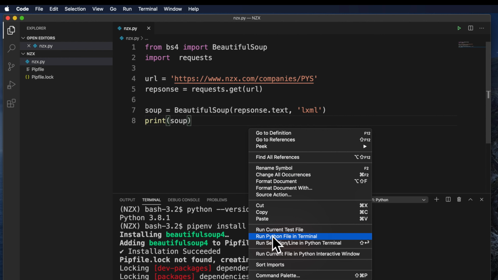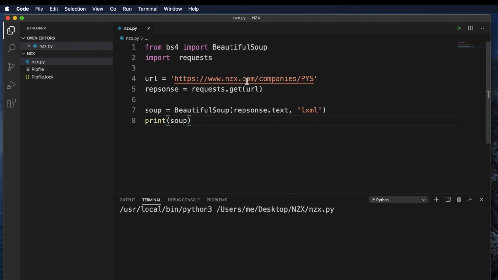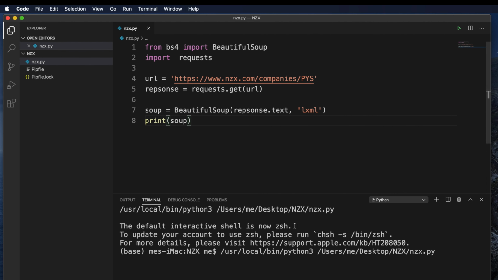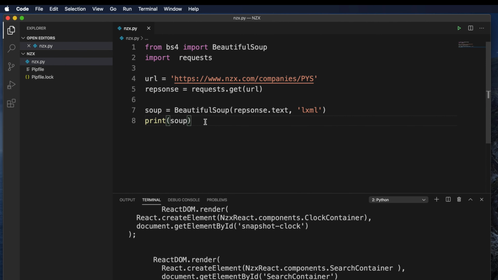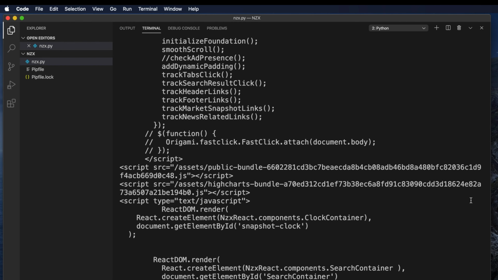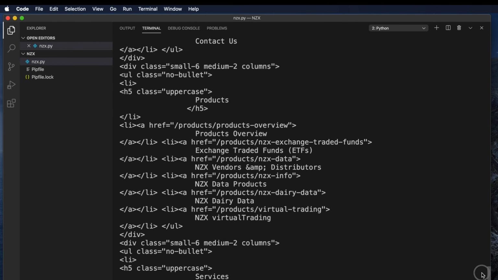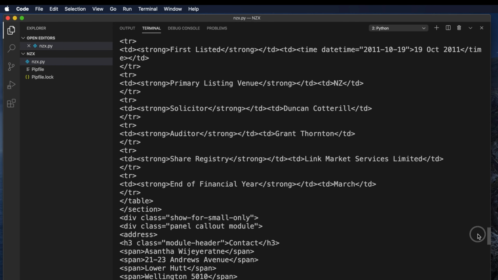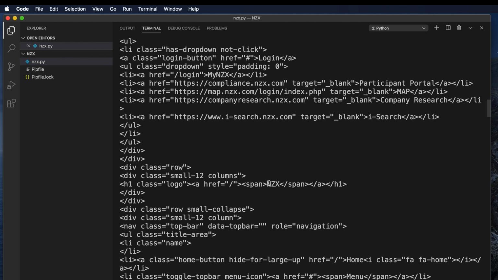Okay, so I'm going to choose from here, run Python file in terminal, and let's see what type of things it is giving us. So if everything is okay, then we'll get some data. Okay, and if we expand the terminal, then we'll see here it is giving us the data. That means we're able to grab the website data, and we are seeing that this is the logo, something,